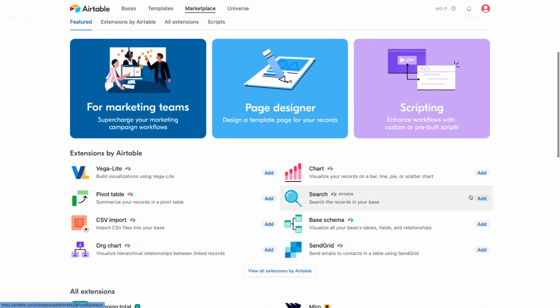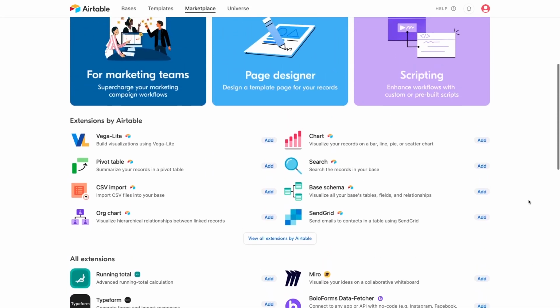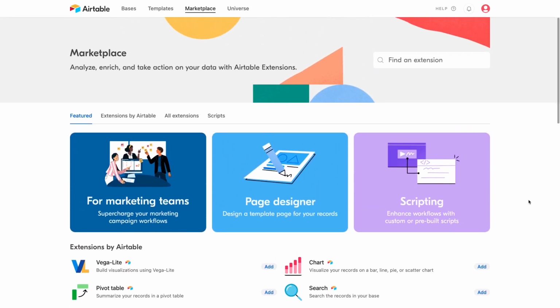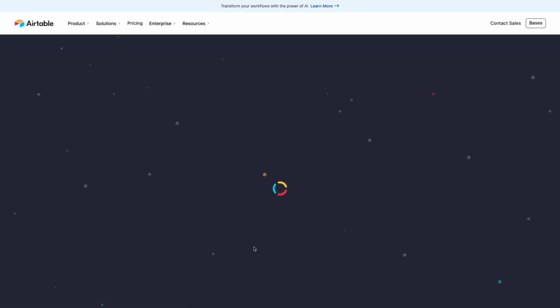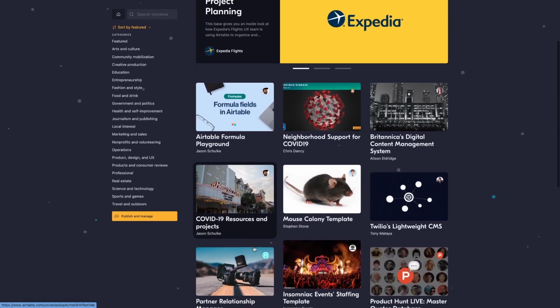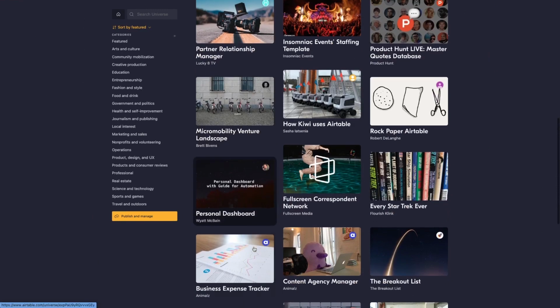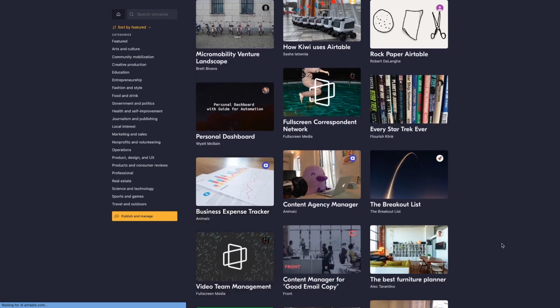Extensions are essentially add-ons that extend the functionality of your Airtable bases. Extensions can be extremely useful tools, but we won't really be covering them in this beginner's guide. For newcomers, there's more than enough to explore with Airtable's native features alone. Under Universe, you can find a bunch of case studies and other articles exploring how you can use Airtable in hundreds of different industries and use cases. There are lots of great resources you can explore later, but for now, let's focus on setting up your first